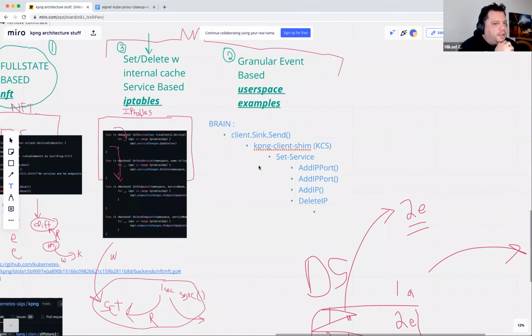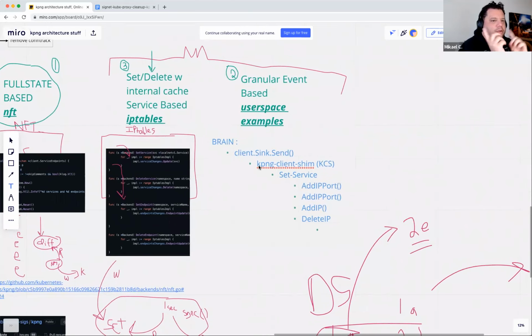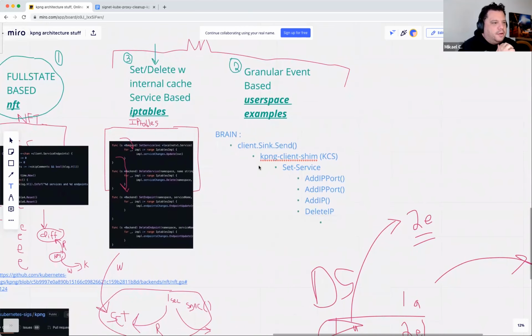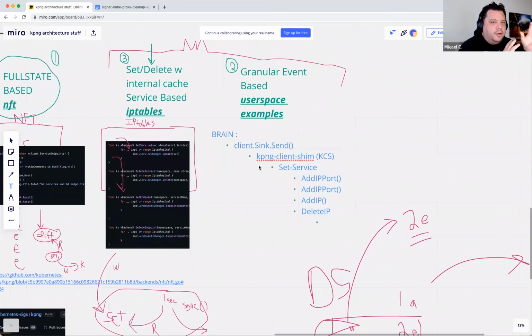So yes, it is another way. It's still computing a diff of the kube-proxy state, not of a subsystem state. So I think it's harder to sync events from a generic system, or from something that's not your subsystem, to your subsystem than to just compute the whole state of your subsystem and then know what to change in your subsystem.